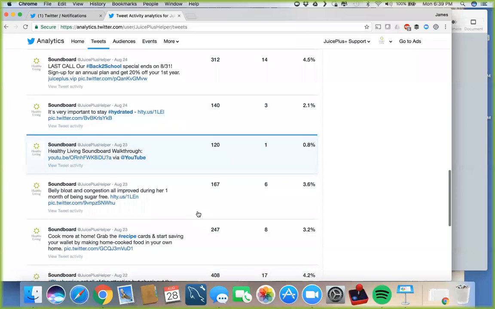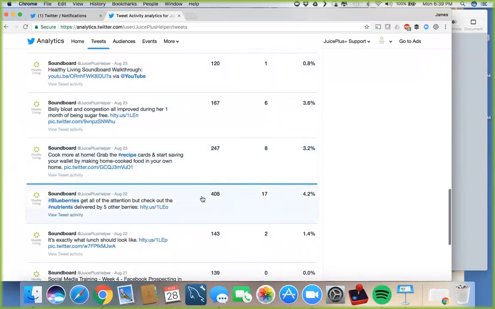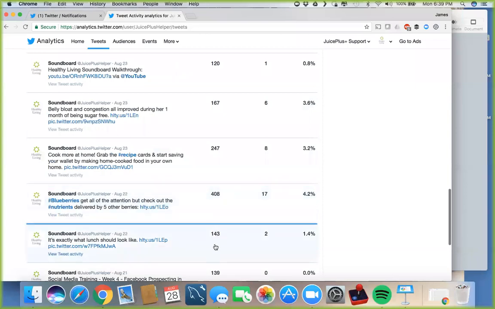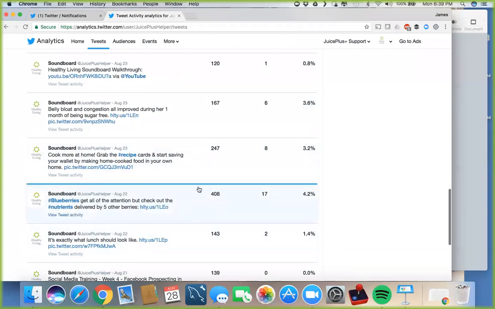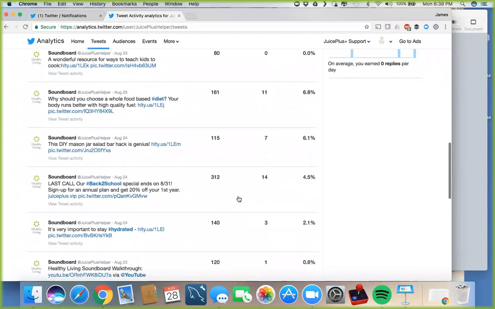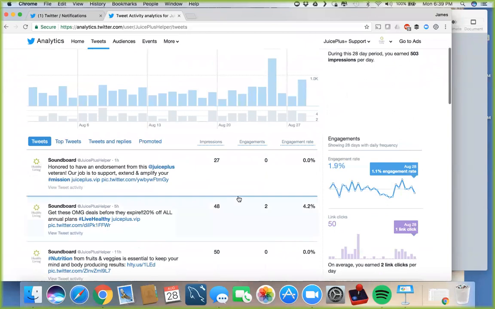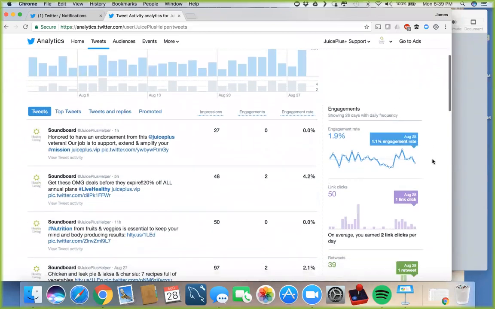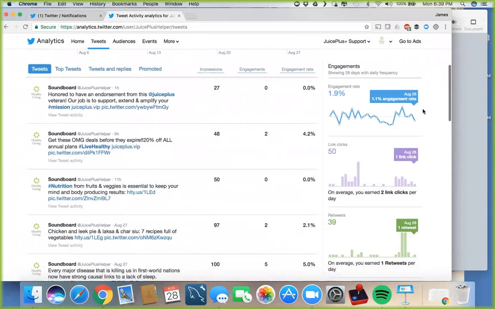So you can kind of see just from a quick glance what bucks the trend, whatever your normal trend line is in the impression count, and then go and keep talking about those things. You know, do that again. Repeat some of that content. Now over here, there's some big metrics. You know, the biggies that you're aware of. Your engagement rate. So you may be looking at that and thinking, wow, James, 1.9%, you're really knocking it out